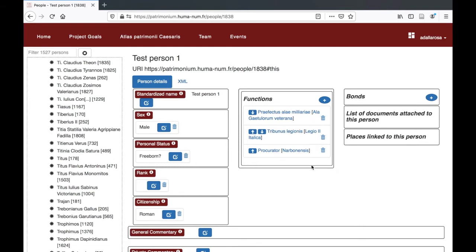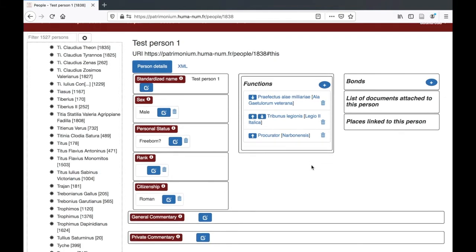This is necessarily a simplification of all the different ways our sources can express the relation between the function and the administrative district, because sometimes you have procurator per Asiam, Bithyniam, or procurator and then a genitive of the province, or procurator in a particular province. So it's difficult sometimes